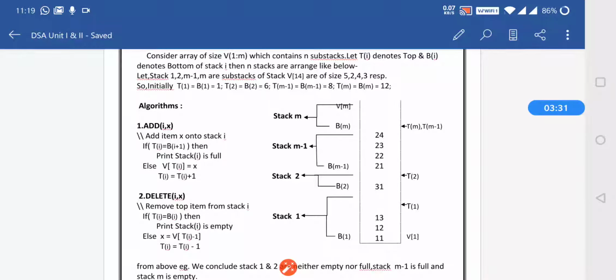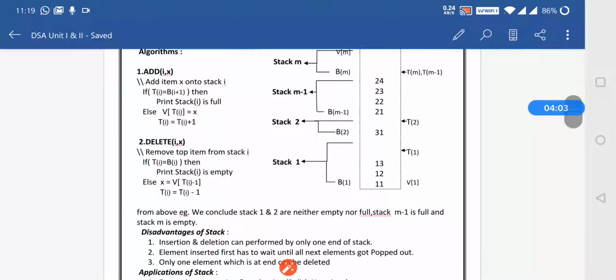So how will we add the element? Suppose, as we have seen in the stack, we can add an element by add(i, x), where element i can be added to the particular stack x. So we add the element by the add function, and if the particular top is full, not having any space, then we say stack is full, otherwise it will be inserted. Same way, suppose we want to delete an item, we will remove it from the stack by the pop operation.